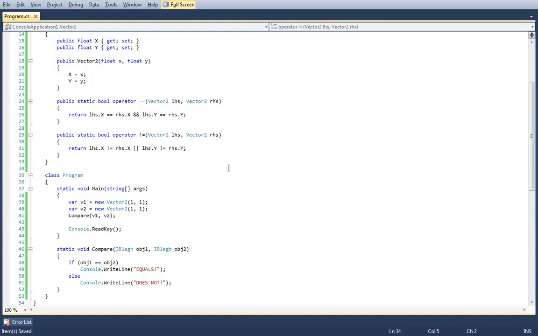No, you cannot override staticness, excuse me. You can certainly overload static methods, but you cannot override them. And because you cannot override them, there's no way to do any virtualness.